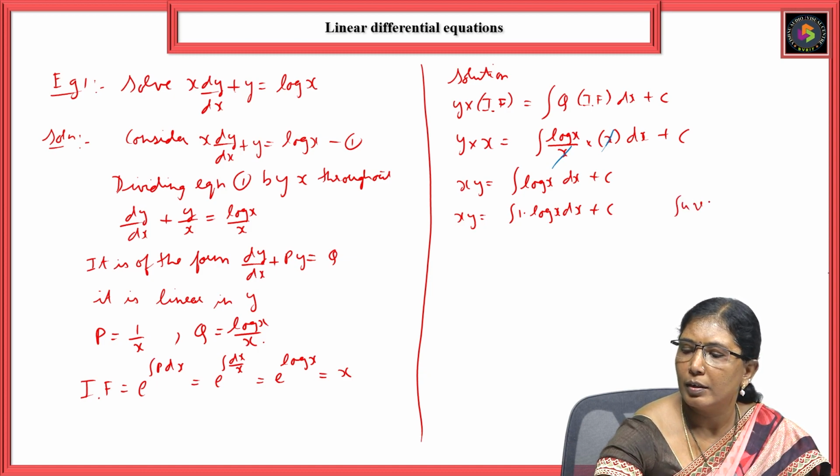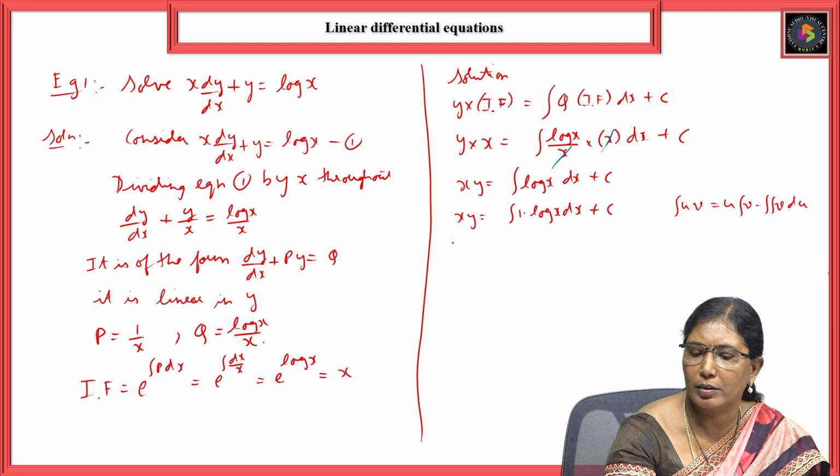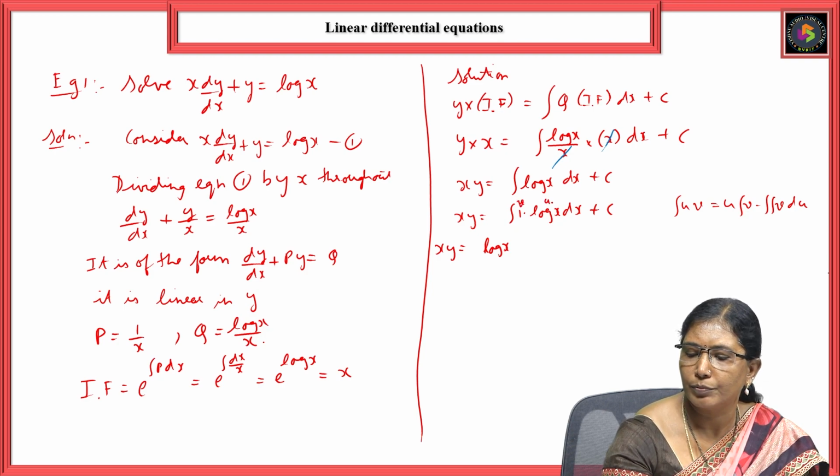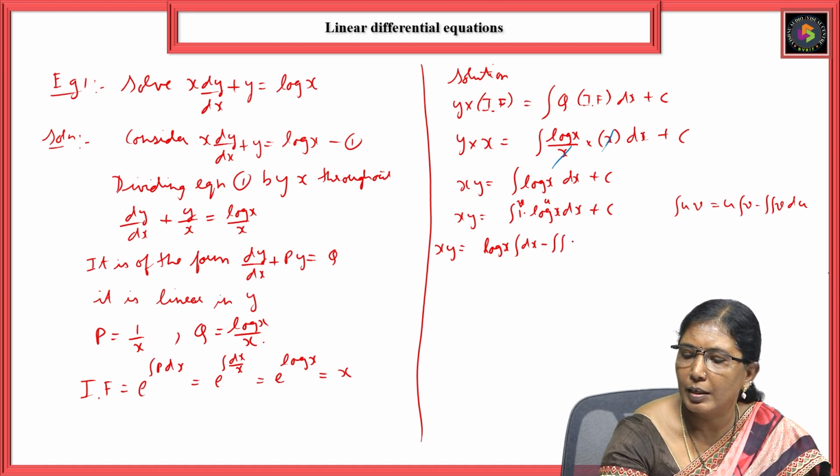Integration uv is equal to u integration v minus double integration v du, where u and v are functions of x. So xy is equal to, consider u as 1 and v as log x. So you can write it as 1 into integration, so log x, this is u and this is v, log x integration dx minus double integration of x, double integration dx into integration of,